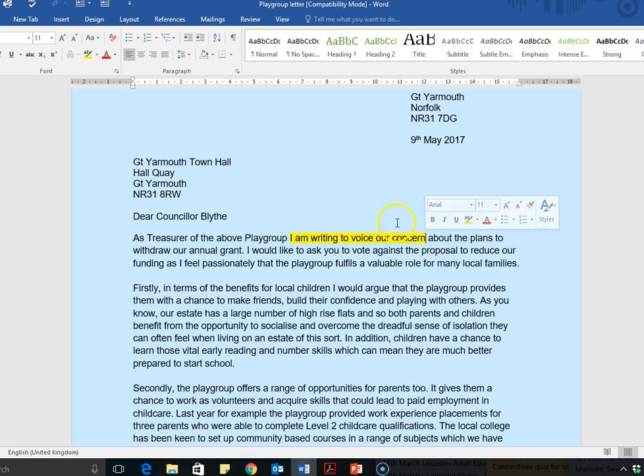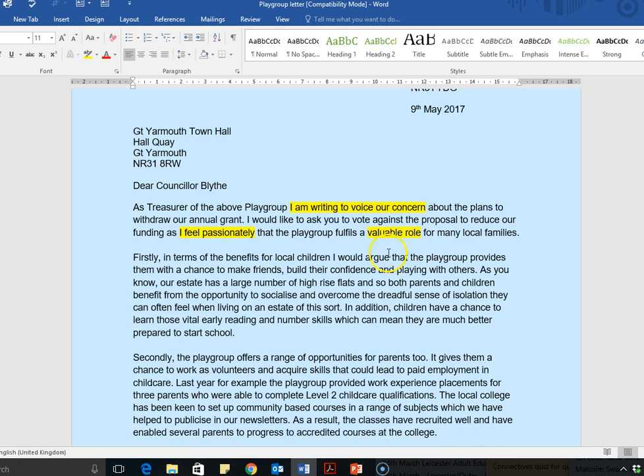I'm writing to voice our concern. I feel passionately... fulfils a valuable role. So we've got a mix here of quite formal language as well as some emotive language to give the letter a persuasive and a convincing tone. The first paragraph, we can begin that with a connective like firstly. You can see we've got a list of 3 there,